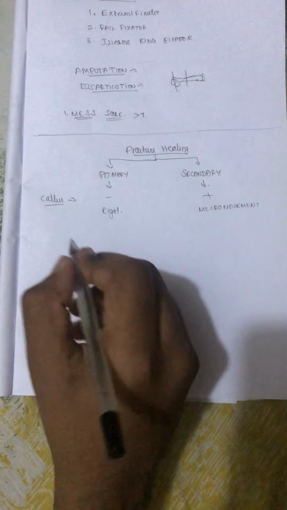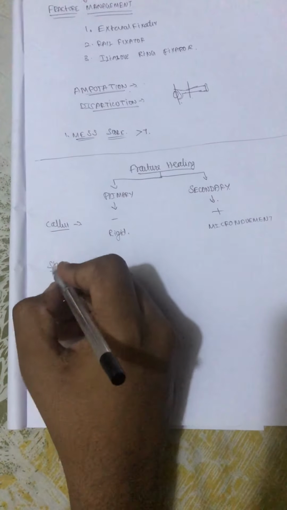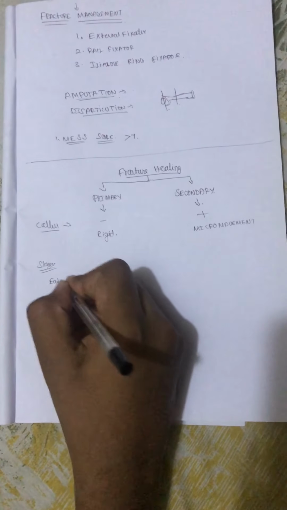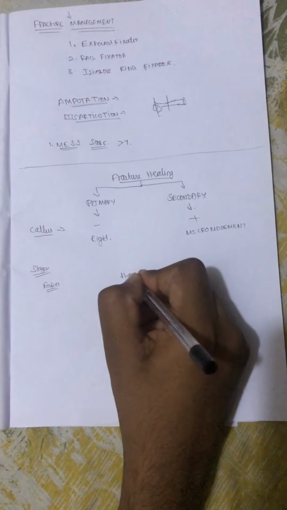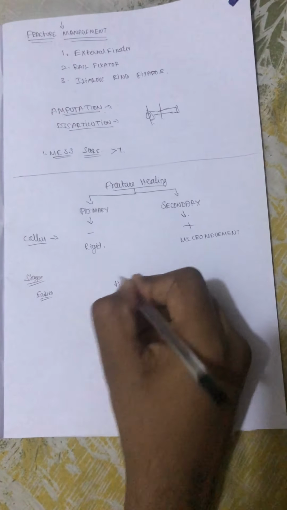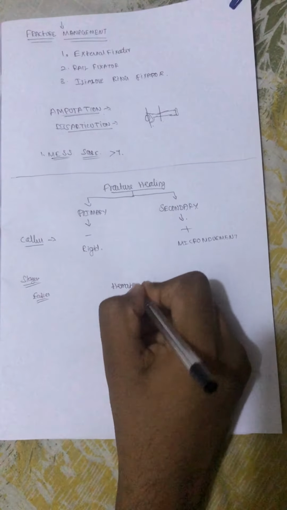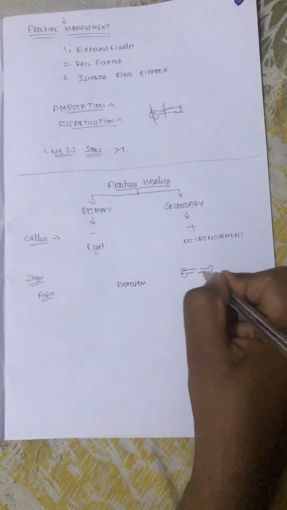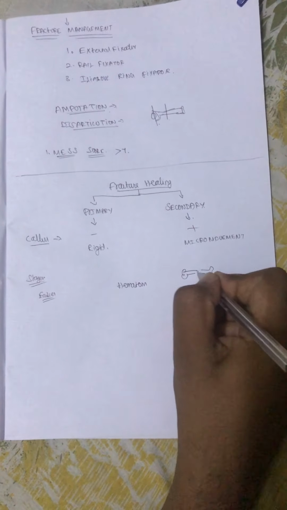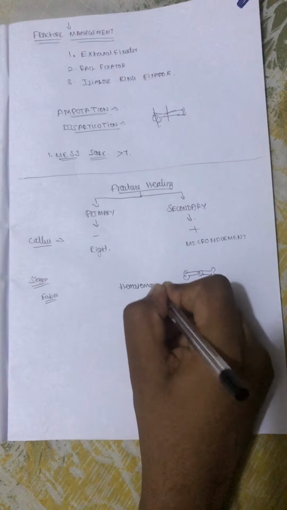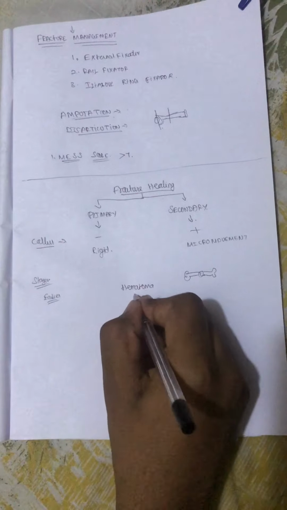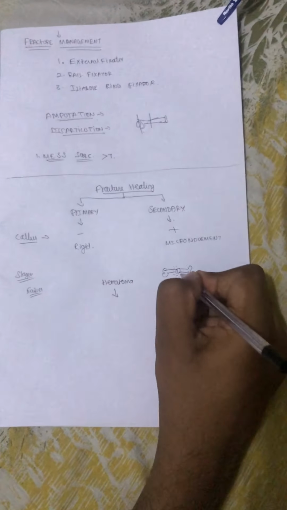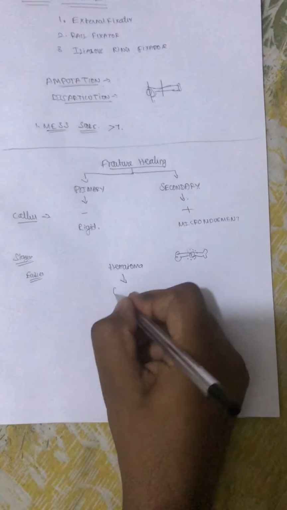Okay, then in the fracture healing stages, earlier we can see the hematoma. It is the first stage which occurs in fracture healing. At the site where the fracture occurs, first there will be a formation of hematoma. That is the first stage in the healing. Second, as a hematoma occurs, inflammation or granulation will start occurring here. Granulation.